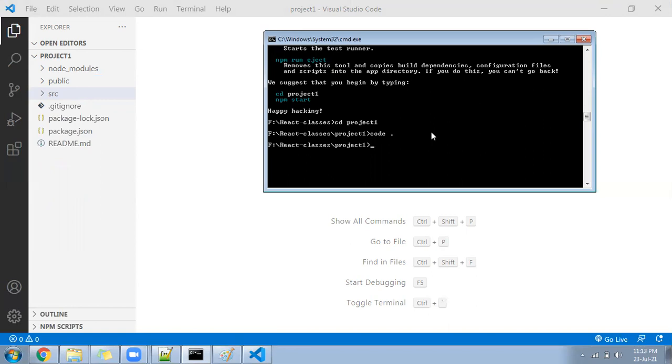NPM is nothing but, as I told you, it's called Node Package Manager. It has a collection of lakhs of libraries. In that, we are saying npm start. It means we are giving the information to the NPM package, saying please start my React server so that I can see the output. So you will be writing here npm start. See, I wrote npm start.